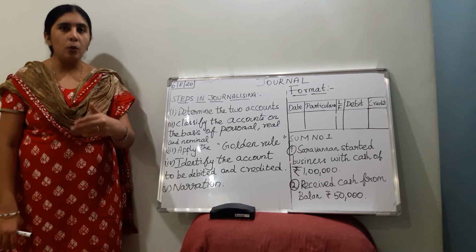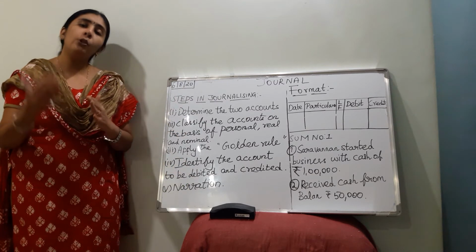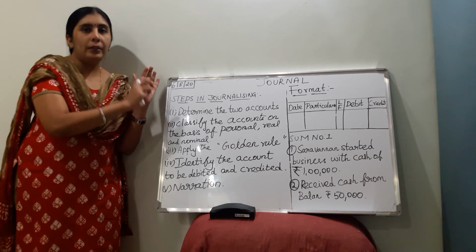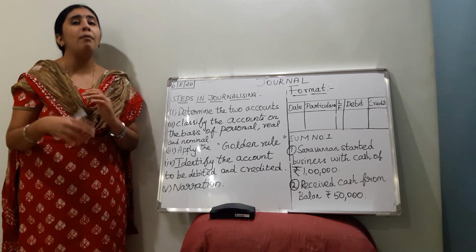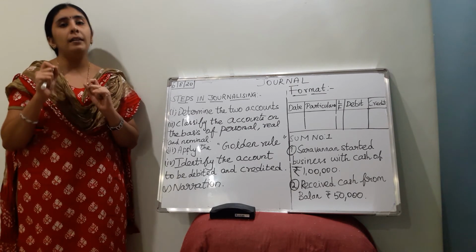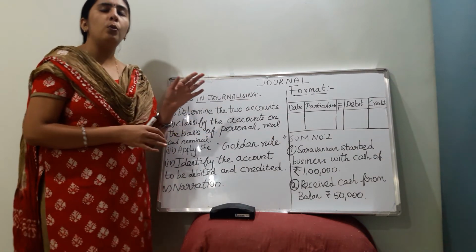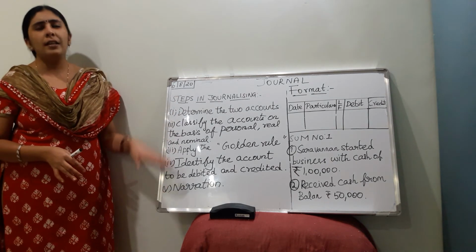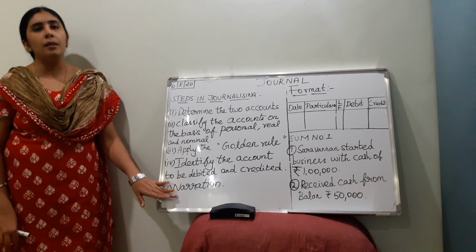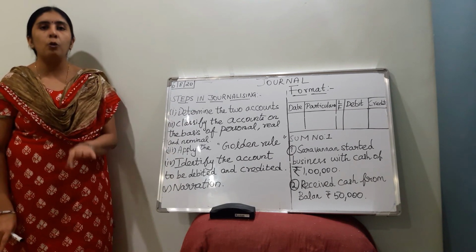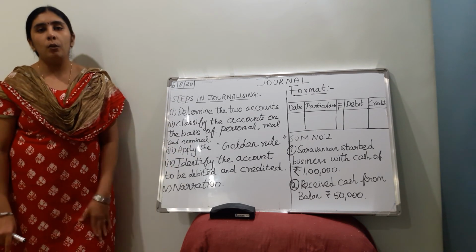In the next video, I'll explain what we have seen here with a sum, so that you will have a better understanding of these concepts, because I have expressed it in words only, but when you put it as a sum, you will have better clarity. So just be clear with these concepts. If you refer to some other books, the steps in journalizing will be very vast, but that is not necessary. If you know these basic steps, it is more than enough. As I told you in the very beginning, you must know the classification of accounts and also the golden rule thoroughly.